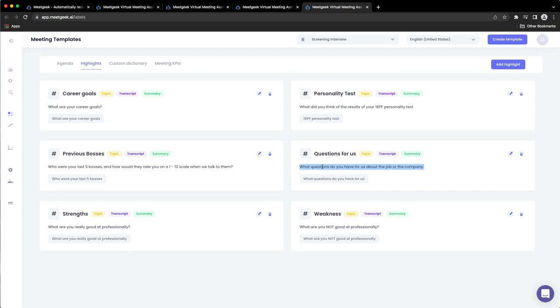So when the AI hears these things being said, it automatically starts recording that section, and it makes it really easy. If you remember when we had the section for making highlights from a conversation, from this template it is really easy to just amalgamate all of this together and share the whole meeting notes, rather than sharing,